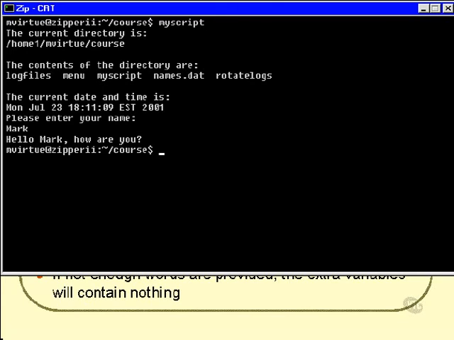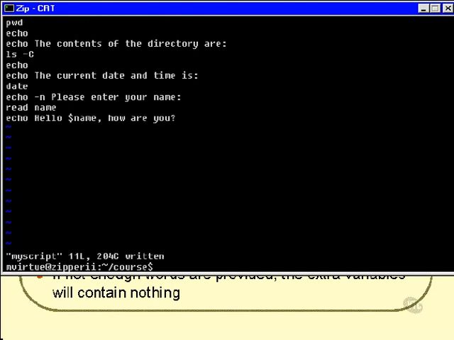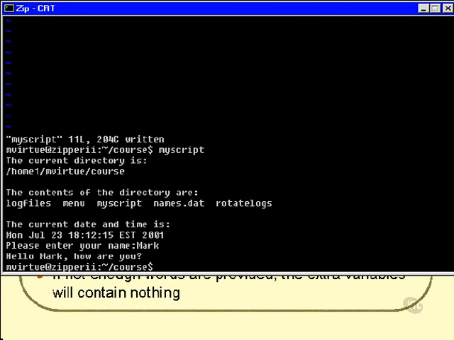So if I just type in hello Mark, how are you, thank you very much, and now I'll actually modify this echo command here such that it will not jump on to the next line when the next command is executed, in other words when the read is executed. So what I do is I simply add a little -n there, and then when I run my script it says please enter your name, and now look where the cursor is flashing. It's flashing right at the end of the line, so I can just type in Mark